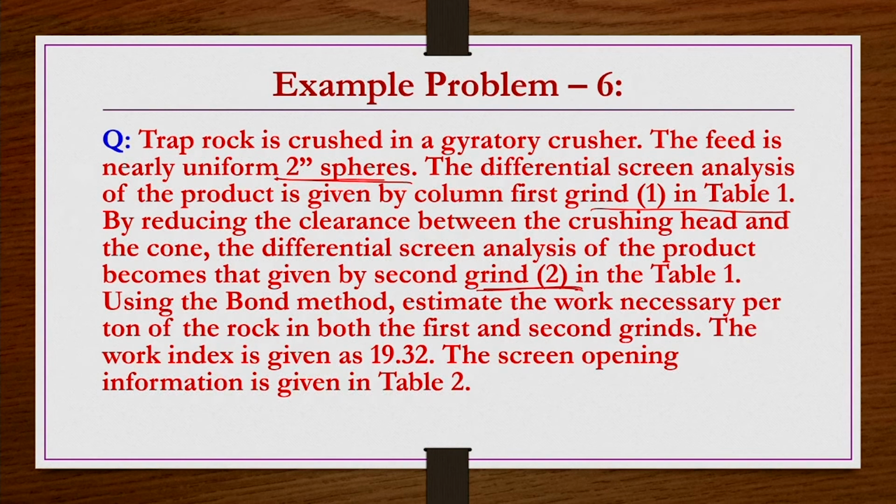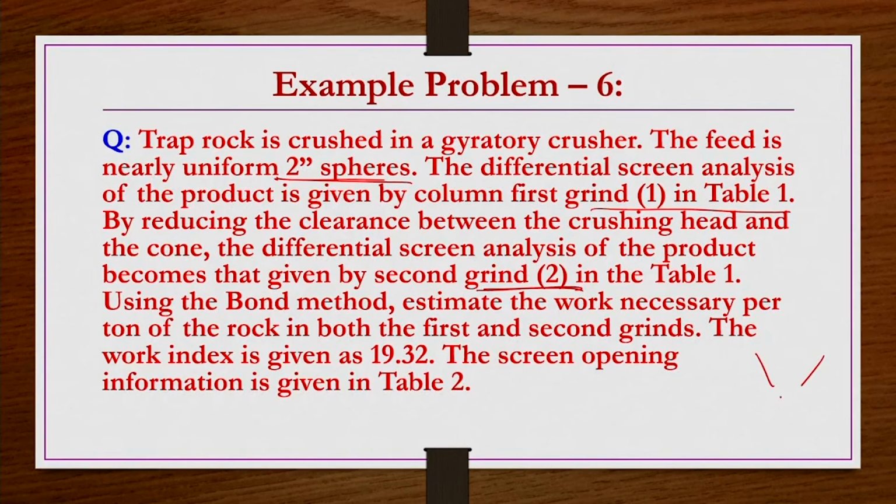So, in the same material, same equipment, 2 times grinding has been done. Initially, whatever the clearance between the crushing head and the cone was, that is reduced in the second case. That is the only thing, that space is reduced. Actually, the gyratory crusher, that equipment we are having,